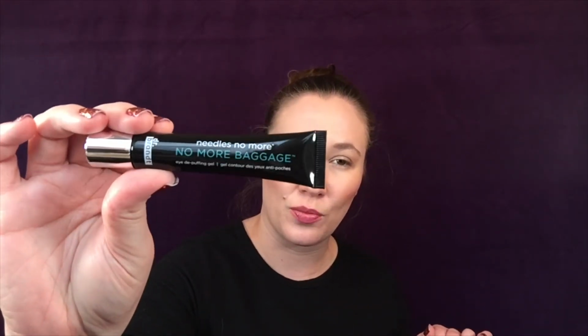The next thing in here is from Dr. Brandt. This is the Needles No More Baggage. I do puffing gel. I have 1 or 2 of these already because we got one in Boxy. So I will be putting that in a future giveaway, unless I try it before the giveaway and decide it's fantastic, and then I might keep it. Another thing that I already have, oh, I should say what the price of that is. That eye cream,